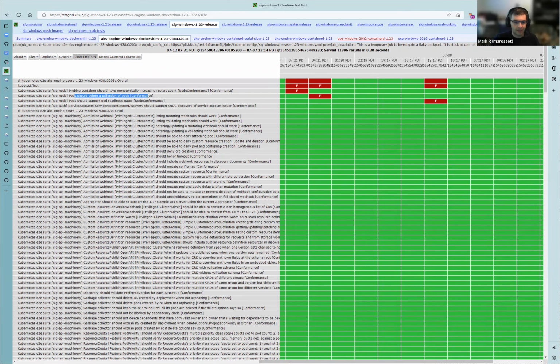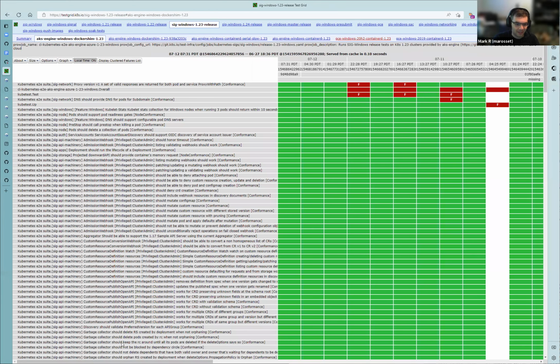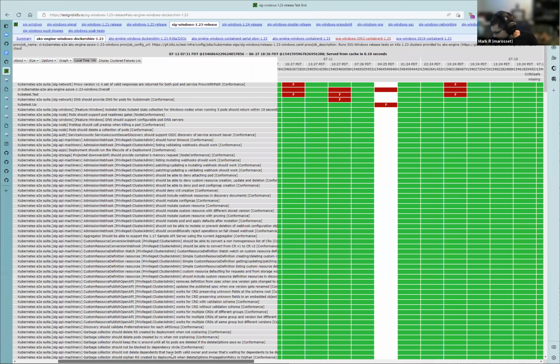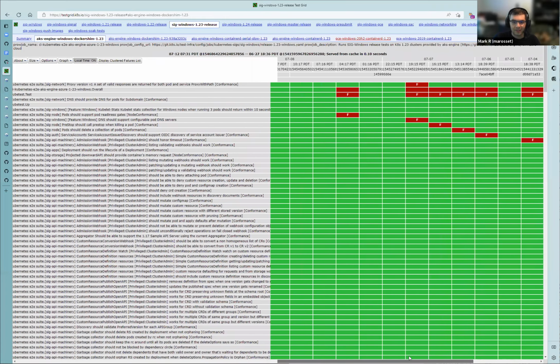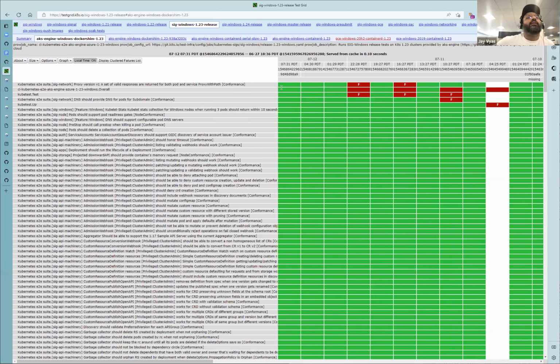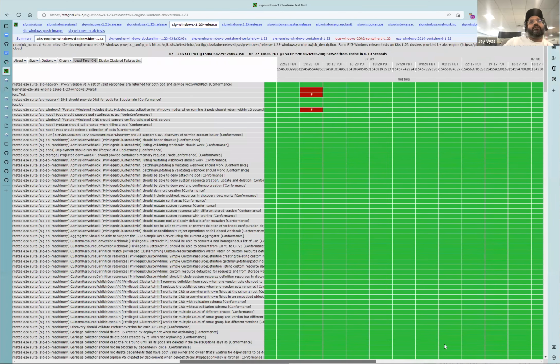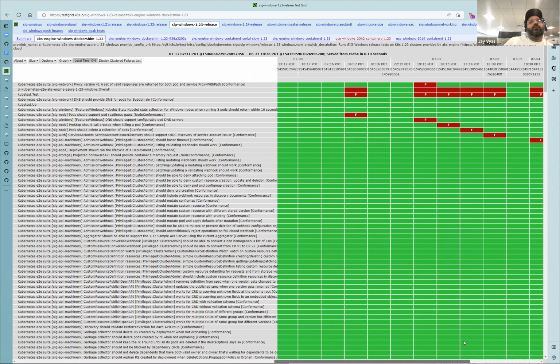There's a couple: should delete a collection of pods. I think that's kind of a known flake. And then the container probe. And here's with the changes, and it is a little bit more, especially here. Just hold it steady, let's look at one of the ones that's flaky. Let's look at the tests that are failing.